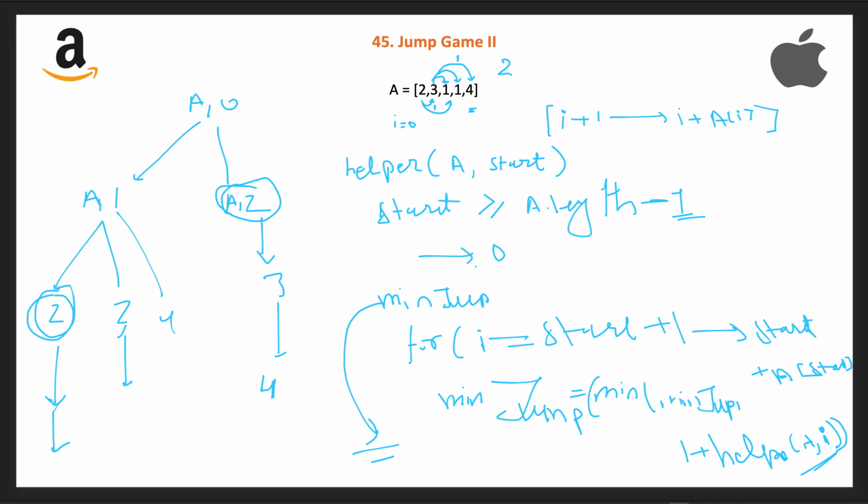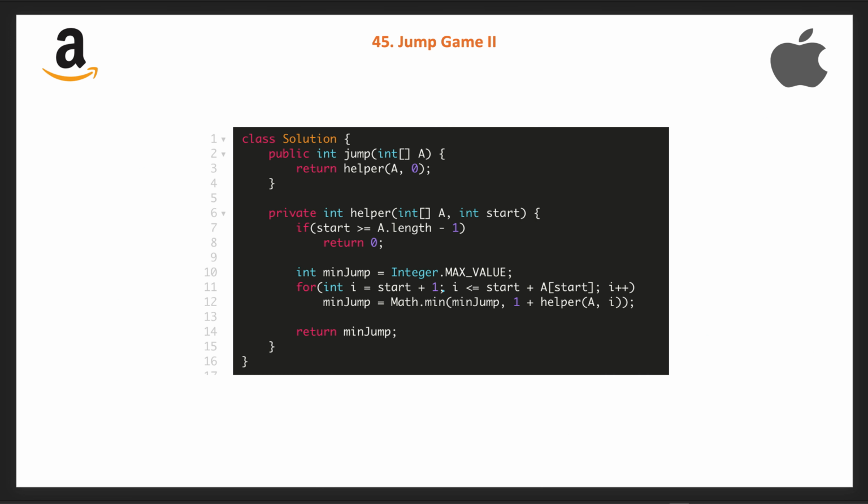So how to solve this? Here is the recursive code. The time complexity of this solution will be exponential. Let's say every jump number in our array is k, then we open k branches at every level. So the time complexity of the recursive solution is k to the power n, and the space complexity is the recursion call stack. Now as we already saw, this has repeated subproblems.